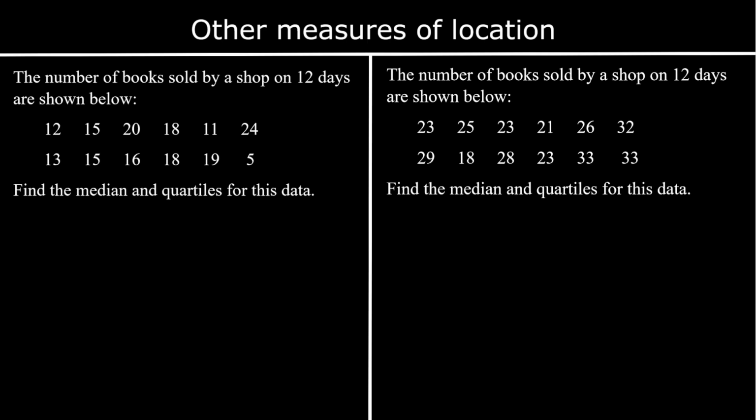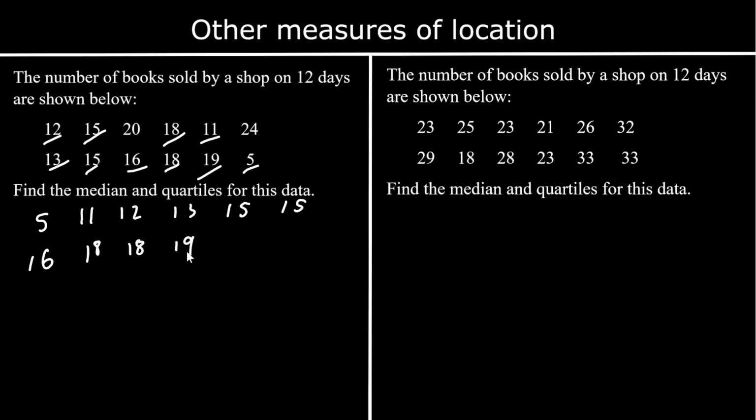So let's order them first. We'll have 5, then 11, 12, 13, 2 15s, 16, 2 18s, 19, 20, 24. The median, halfway. You can probably see if we cross off 5 on both sides, we're left with 2